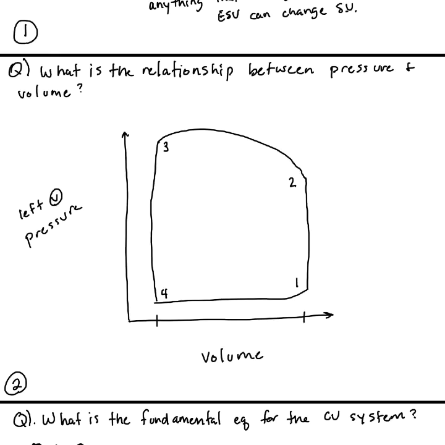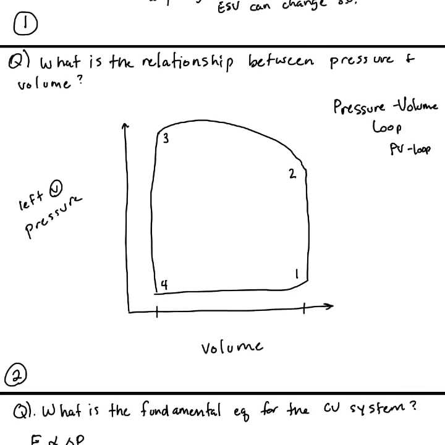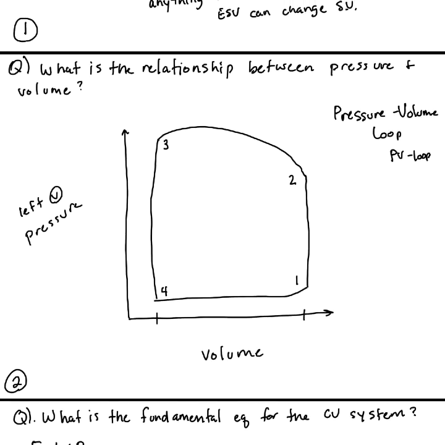This is called, an appropriate term, a pressure volume loop, or a PV loop for short. For those who haven't seen it, this is just another way of depicting the cardiac cycle. I've got some numbers here, 1, 2, 3, and 4, that correlate roughly to what we expected to see in that circular representation of the cardiac cycle, and a little bit of